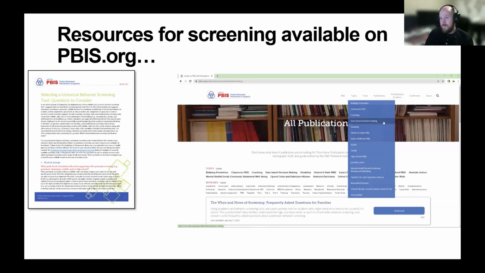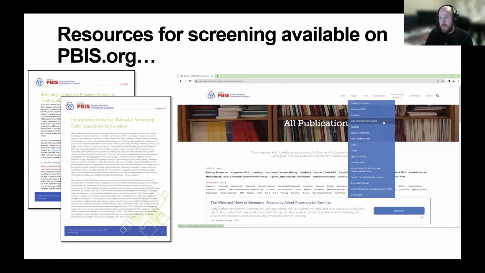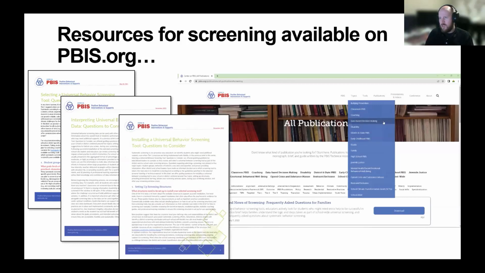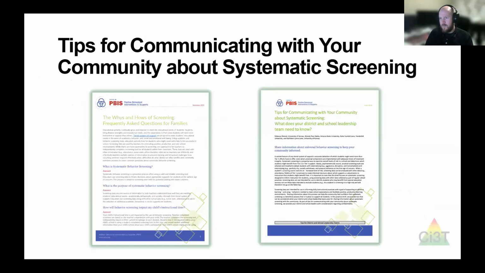Things like a brief on considerations for selecting a behavior screening tool, how to interpret those data, what are some questions you want to consider, what should you think about when installing a universal behavior screening tool, the hows and whys of screening, frequently asked questions for families, and one for community members, because that's another really important component,